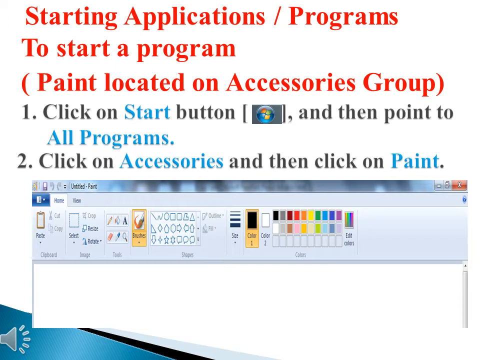Then we'll get the list of different applications and folders. After that, we have to click on accessories, and then we have to click on paint. Once you click on paint, the particular application will open. You can see in the image also how paint looks, and you have already done the practicals of paint in the previous class.